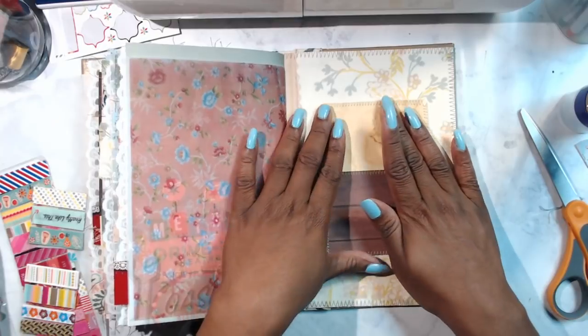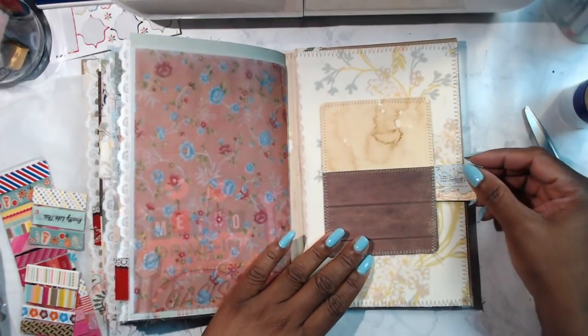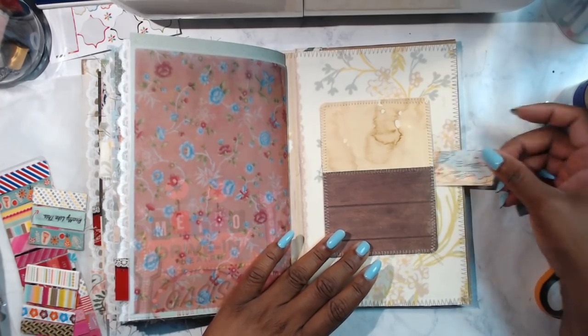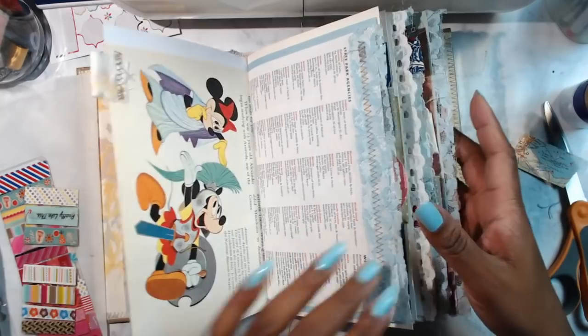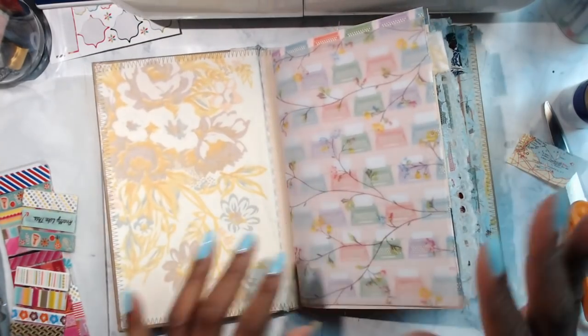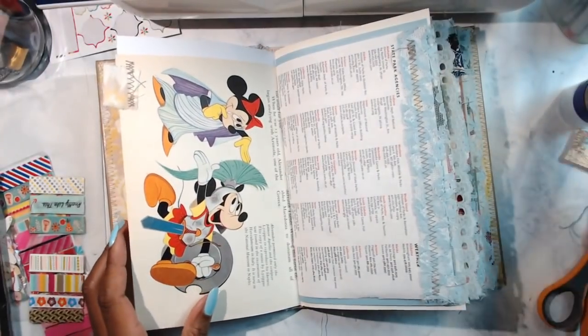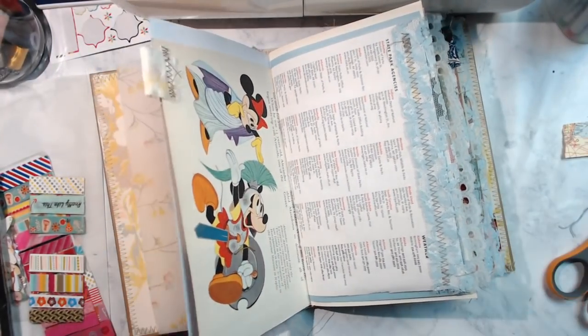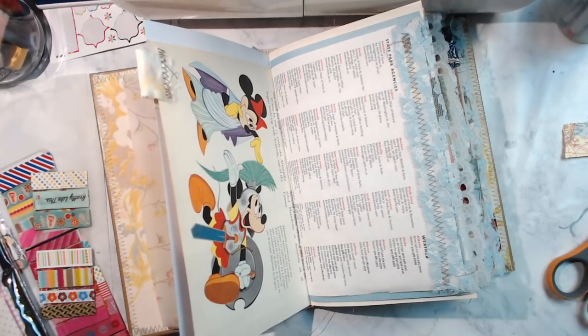Alright, so now I have a little hidden spot for my cash, Tamika. See? So now that's in. Alright, so let's go back to the front. Now let's start doing some real wild and crazy stuff. And I think what I'm going to do